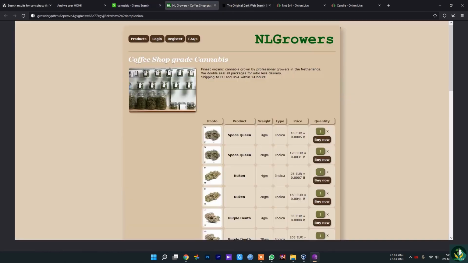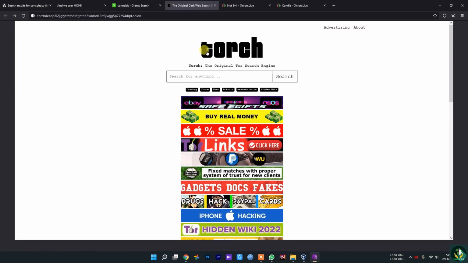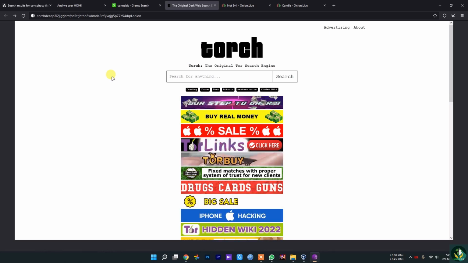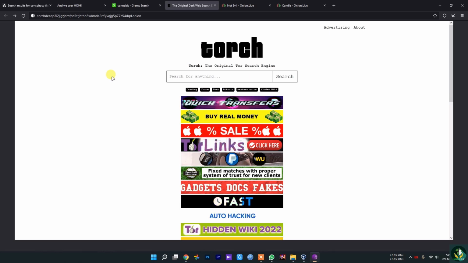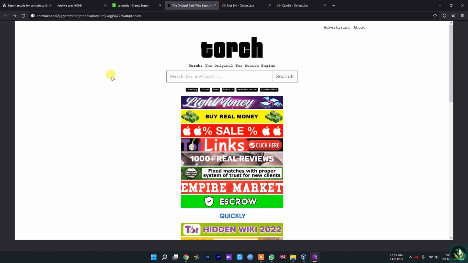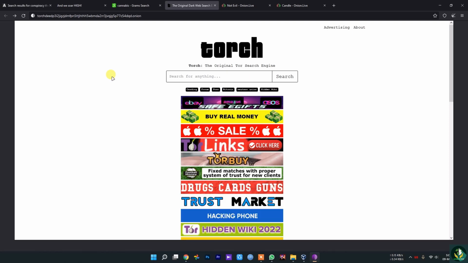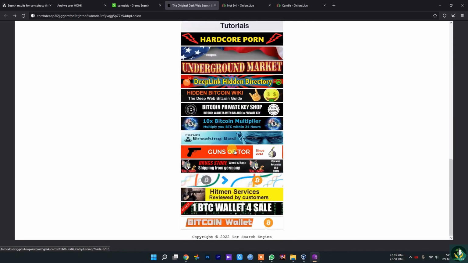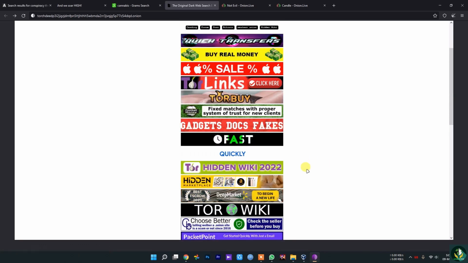Another one is Torch, and this is really why I don't like Torch, because even though it has a fairly good user interface, these links are just distracting and I just don't like this.